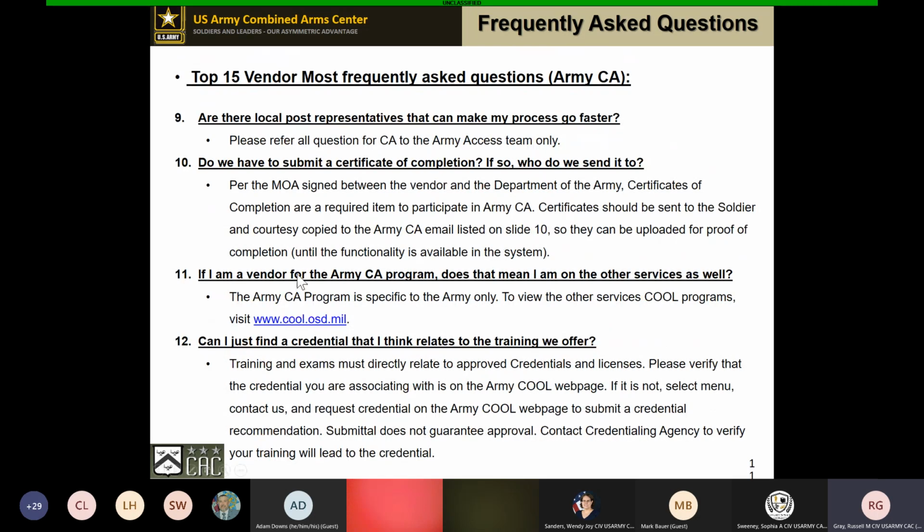Number 9, are there local post representatives that can make my process go faster? Anything dealing with Army CA needs to come to the Army Access Team only. The base education officer, the soldier, they cannot make your process go any faster. The ones who deal with the process are the team that Miss Sweeney identified to you earlier.